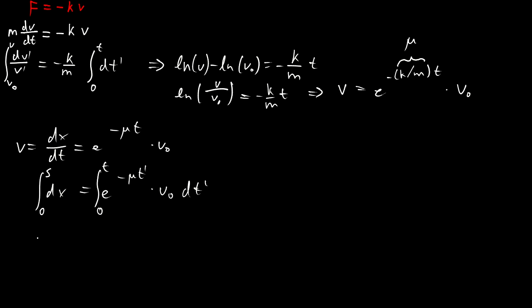Okay, so we can say that s equals, this is constant, so just leave it in front of the integral, and that is going to be minus e to the minus mu times t over mu, from 0 to infinity this time. Oh, not to t to infinity, sorry. I am very sorry here. Okay, because we want to